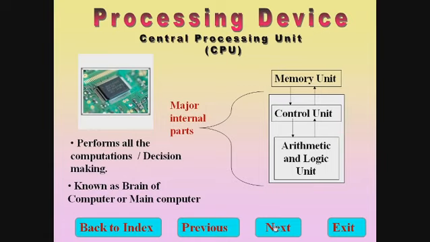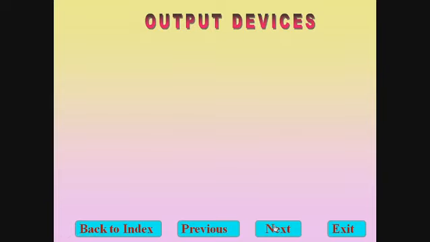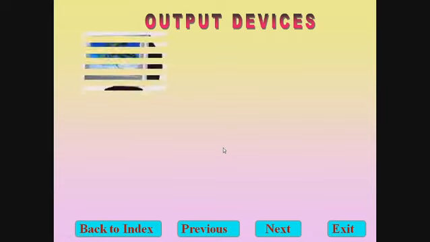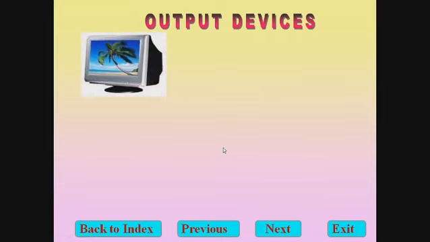Okay, now next slide. Output device. In IPO we have seen I, that is input, and P, that is processing. Now next is O, meaning output devices. These are the devices that help you in output.